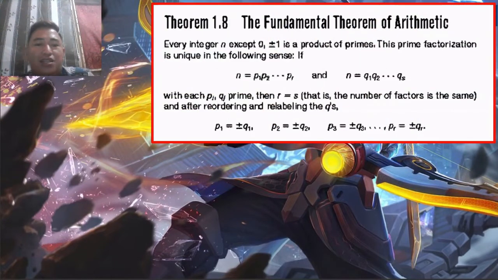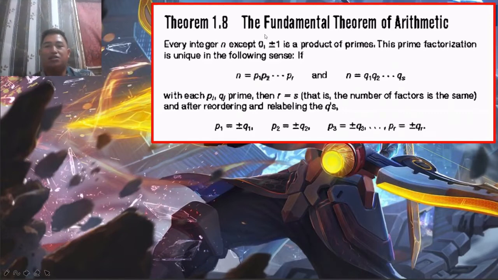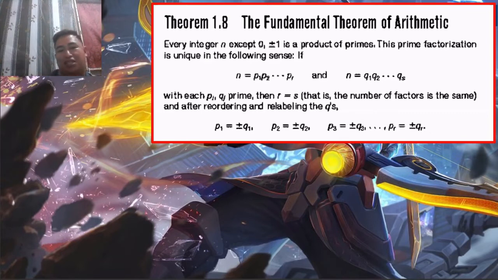Okay, theorem 1.8. Every integer n except 0 and positive negative 1 is a product of primes. Sama na ito ang theorem 1.7 ganina. Okay. So sa theorem 1.8, kanina additional class, this prime factorization is unique in the following sense. Mala, unique di ay ng kuan class prime factorization. Matong ganina na nag-finding tag GCD using prime factorization. Wala dito lahain class. Unique to siya. In the following sense, if si n the class is equal to P1 to PR